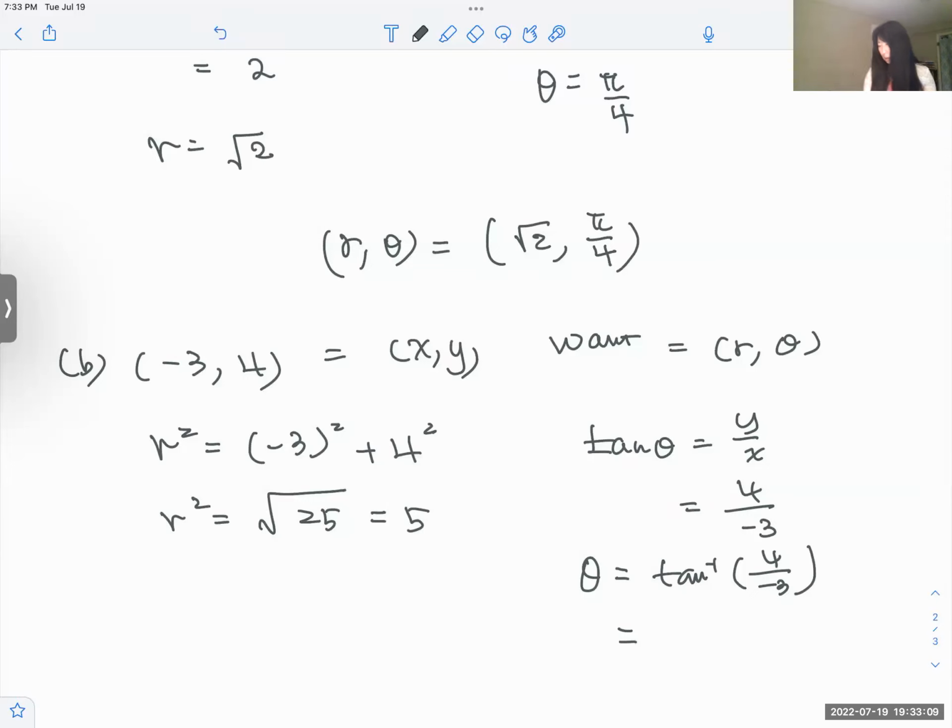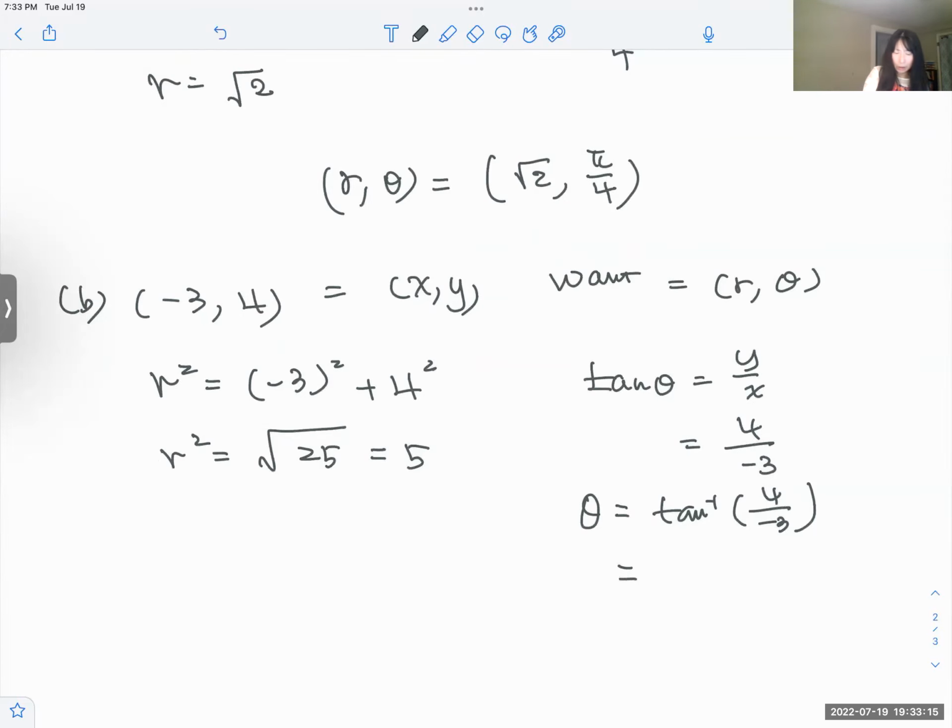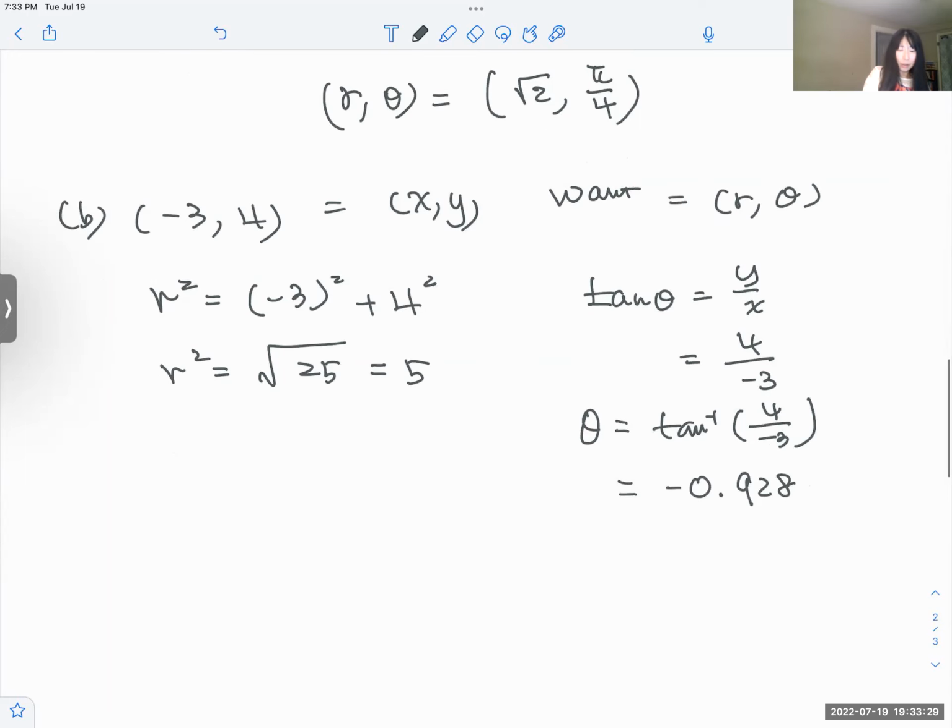What do you get? So I think you get negative point in radians, 0.927, how about 0.2928, right? Yes. Okay, then this means